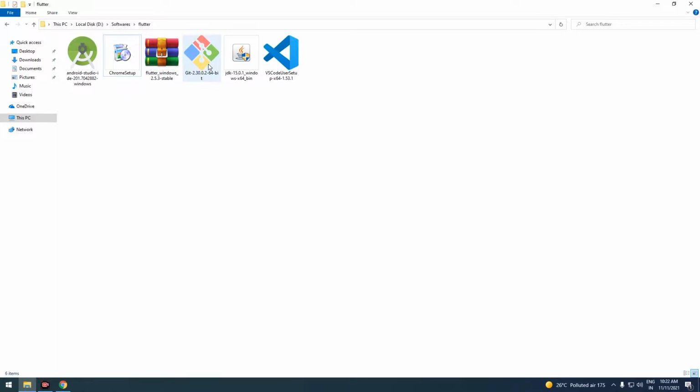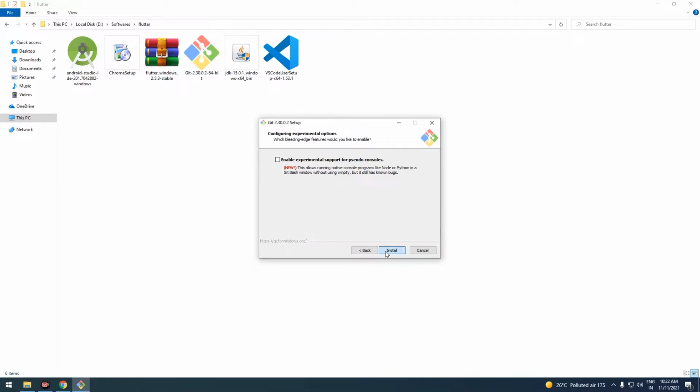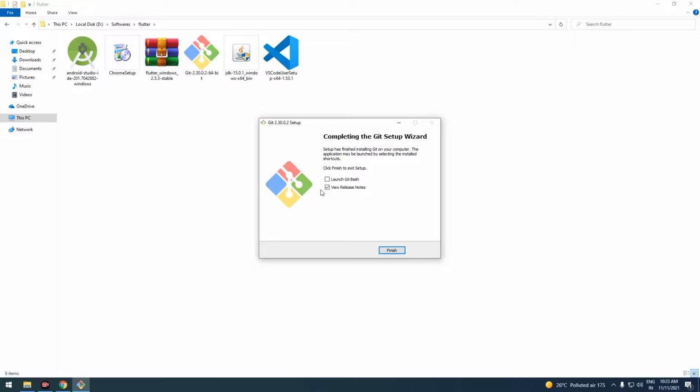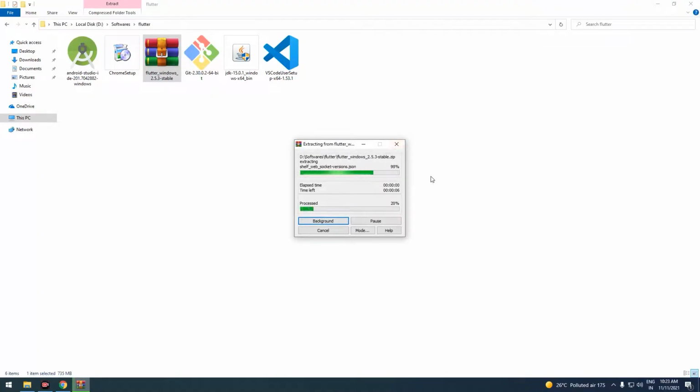So first we are going to install Git. I'll just double click on that, click on yes, and I'll just click on next. I'm not gonna change anything because this is a simple thing. Don't try to complicate it. Just click on next, and once it's installed, we are going to extract our package onto the C drive. So Git is installed, click on finish, and I'm gonna extract files. I'm gonna select the C drive, hit OK, and the extraction is started.